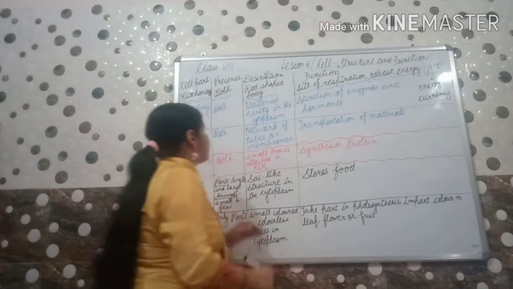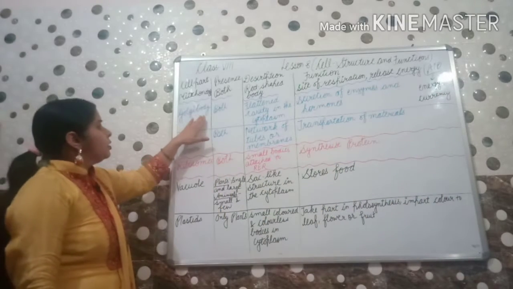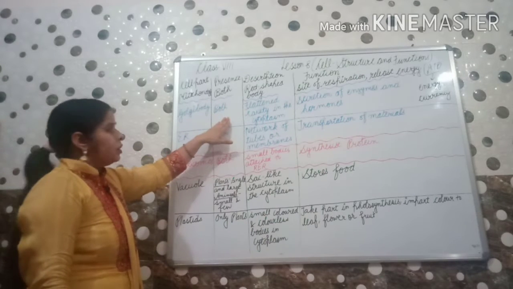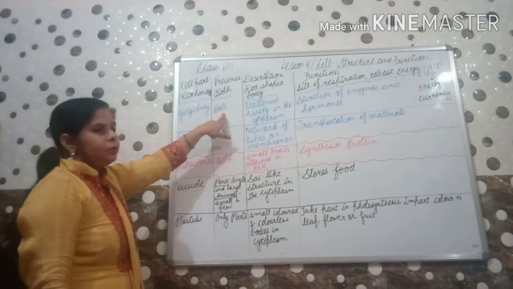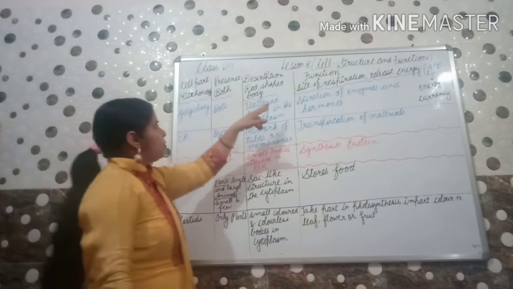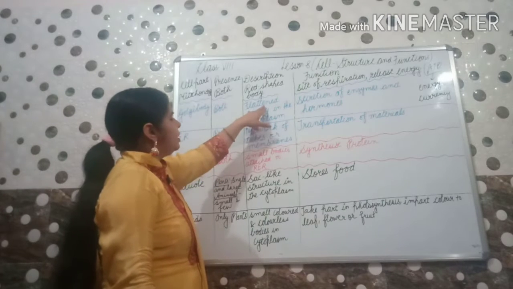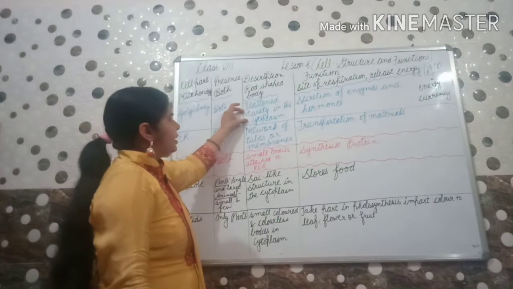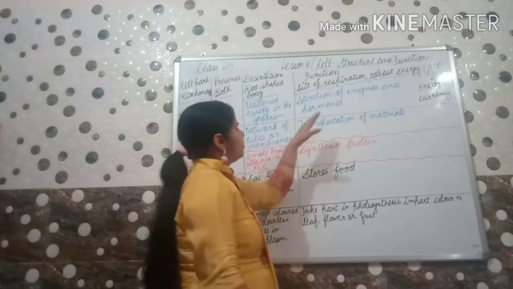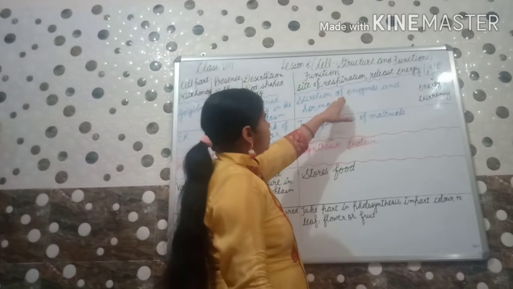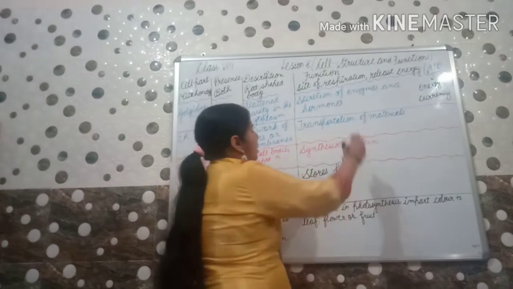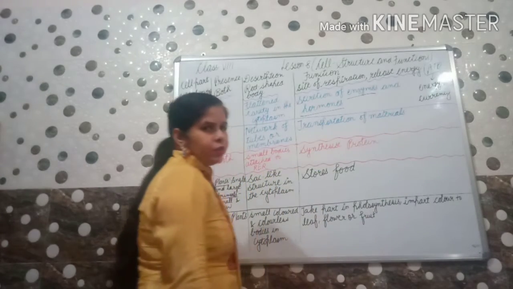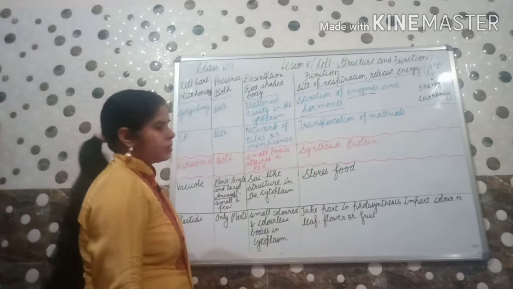Okay. Next, Golgi body. These also will be present in both plant and animal cells. Description? These are flattened cavities in the cytoplasm. What kind of cavity? Flattened. What is their function? Secretion of enzymes and hormones, which is required for the cells.